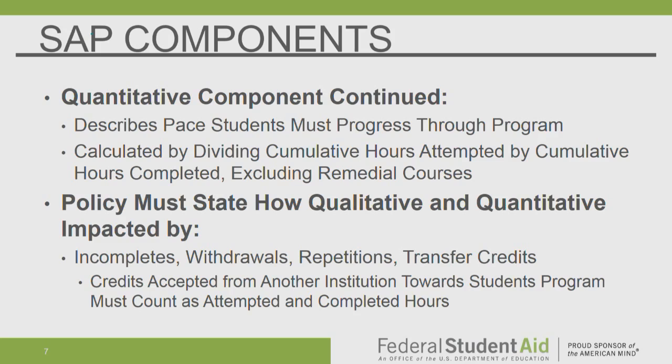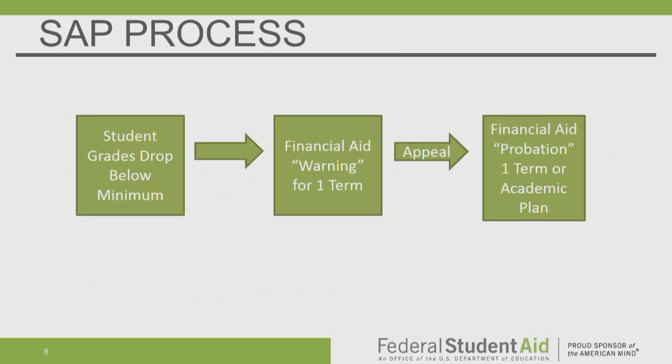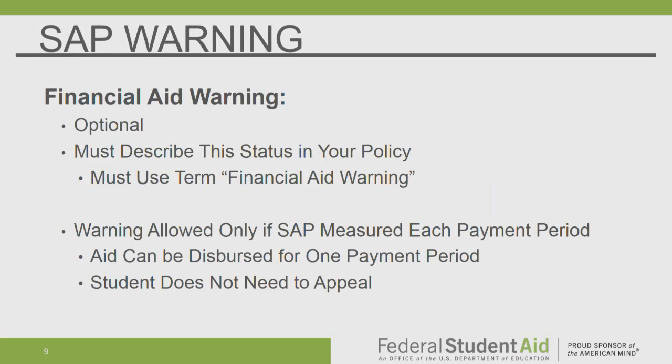So altogether, you'll see that there's multiple factors that will go into your policy. Most of these you're going to have in an academic policy as well, so you will see how they match up, okay? You probably will use a lot of your institutional policy to meet the same type of standards. I created this great little flow chart to give you kind of an idea. I think a lot of folks get confused on the SAP warning and the probation process. And so I'll go back to this a little bit here in a minute, but